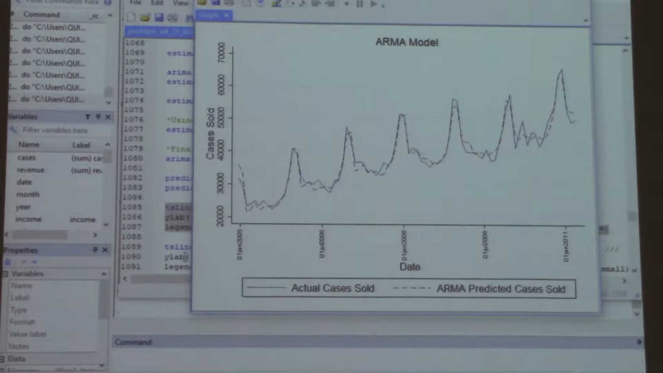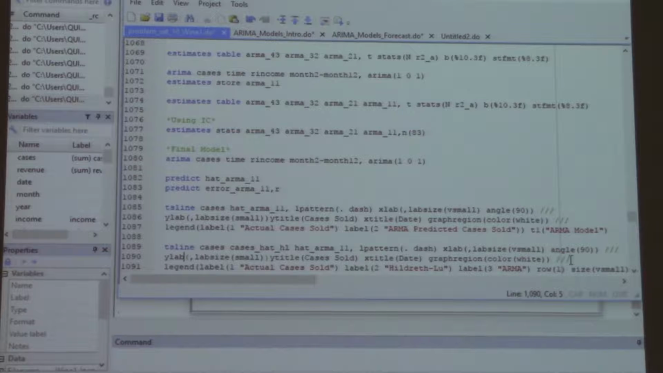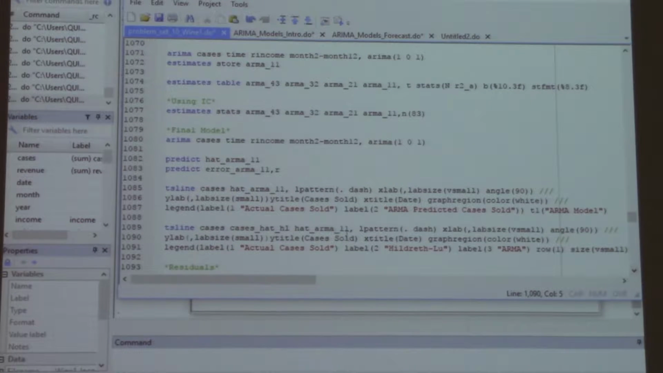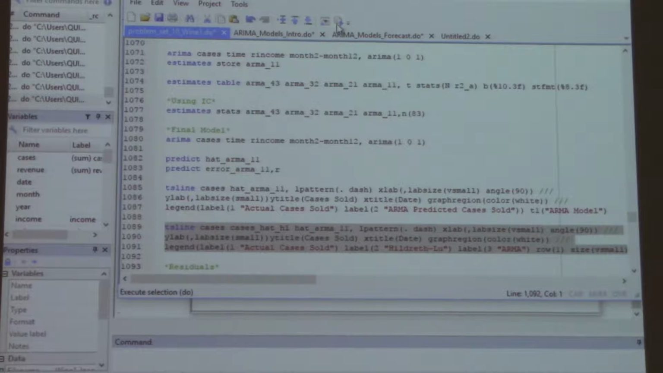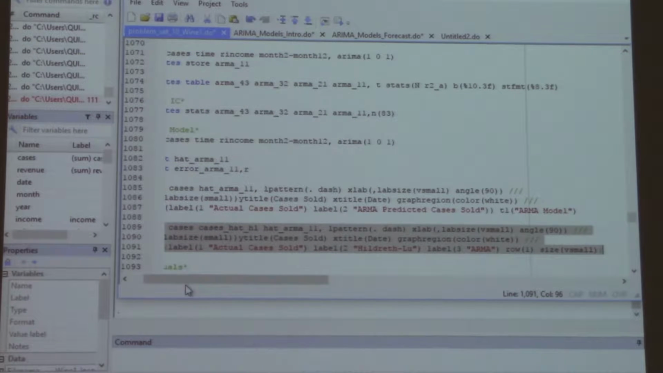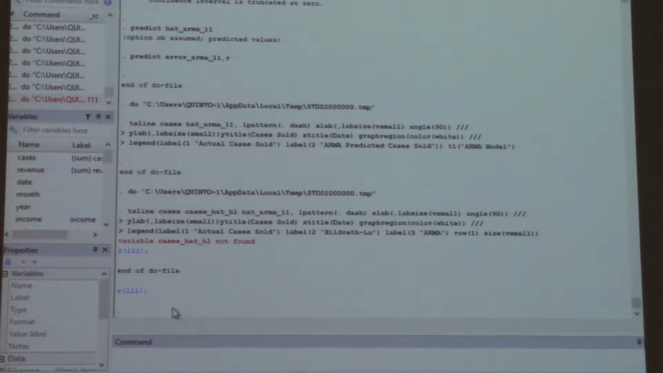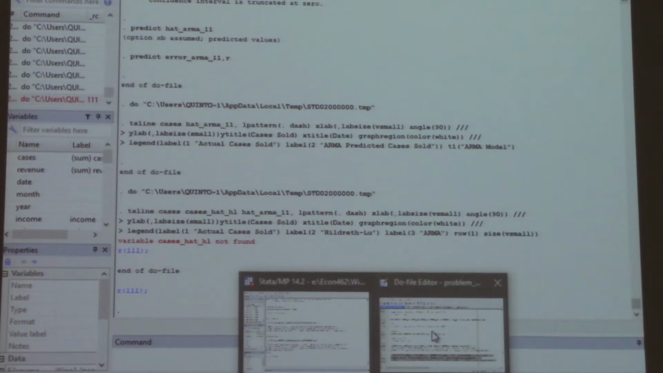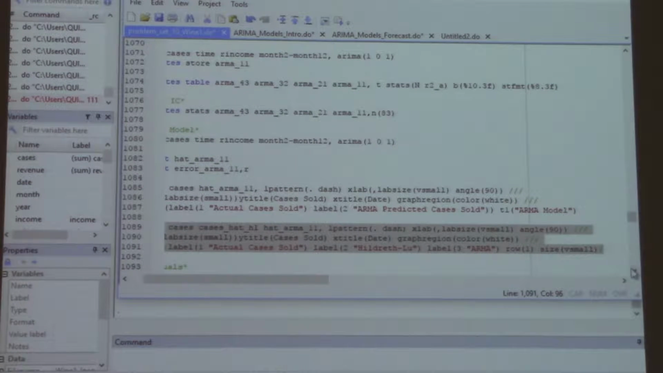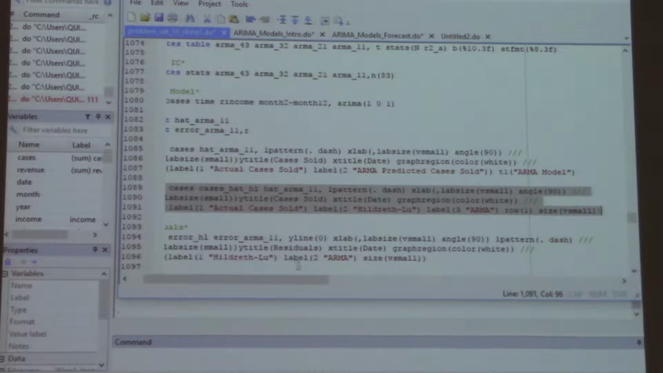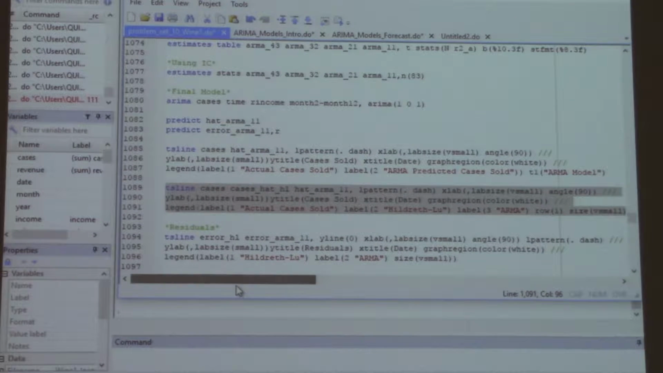Pretty similar to the other one. We really can't tell unless we compare the two. We don't have how. All right, so let's just do this. Let's look at the residuals from